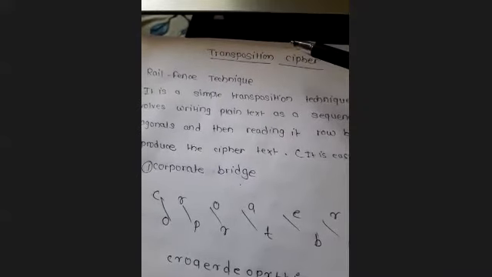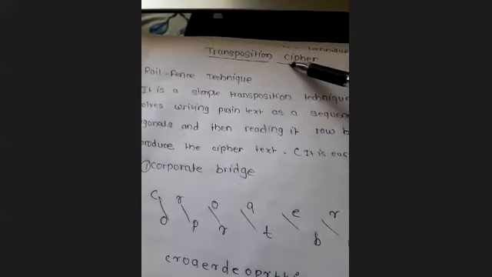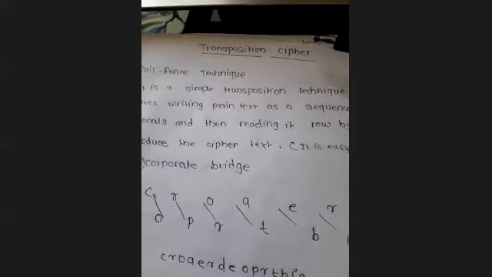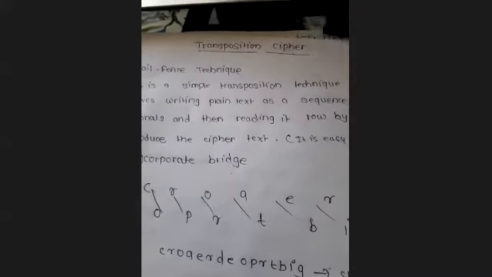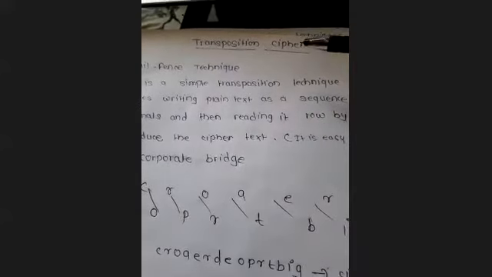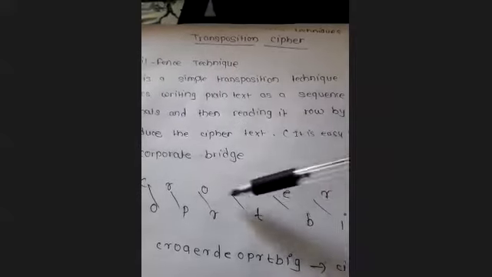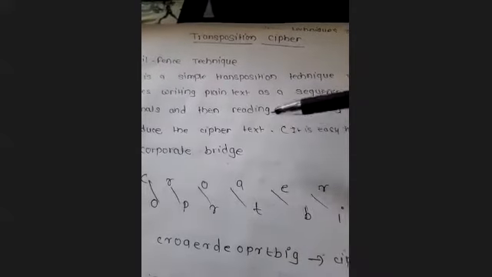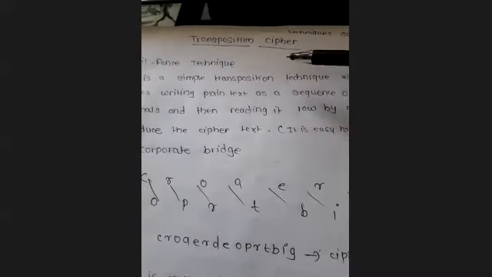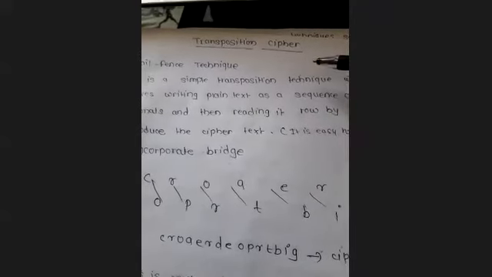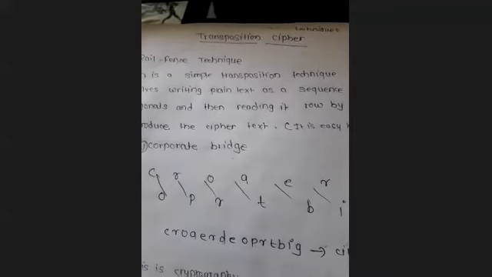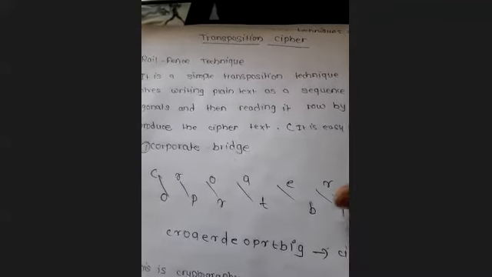This is also divided into two parts. One is the keyed transposition cipher technique and another one is the keyless transposition technique. That means in one of the techniques, there will not be any key given, that will be keyless. We'll have to directly apply some permutation or rearrangement of the alphabets. And in the columnar transposition technique, in some cases a key will be available, or in some examples a key is not given. Both options are open in the columnar transposition technique.